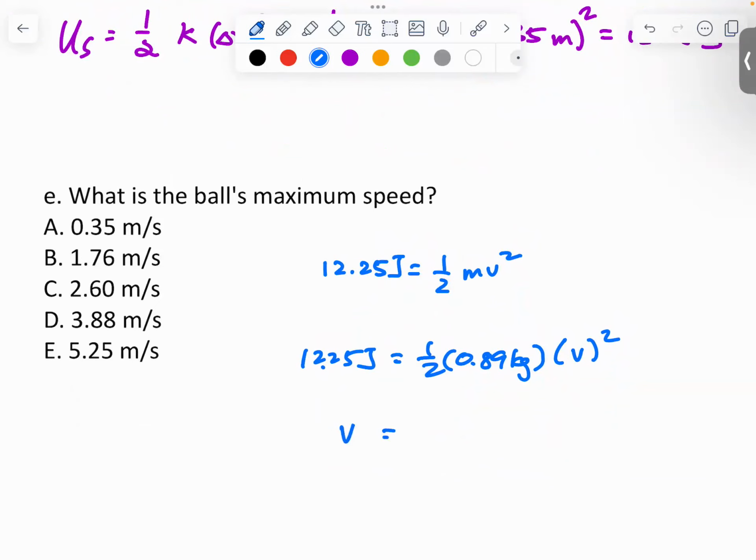So what's the velocity here? We will square root it at the end, yes, because we are finding v, not v squared. So after you multiply by 2, divided by 0.89, you will go ahead and square root that. And that is going to be